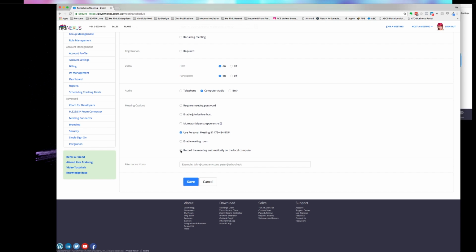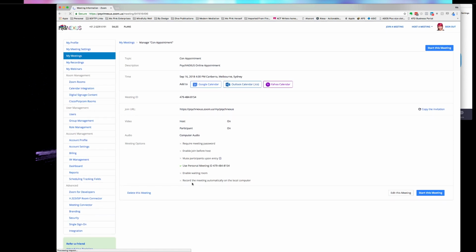It depends on who I'm working with whether or not I record the meeting automatically. If the information we're working with is highly sensitive or may end up being part of a legal process or something like that, then they're the clients I would automatically record the meeting for. And we hit save, and what that does is produce a number of appointments,